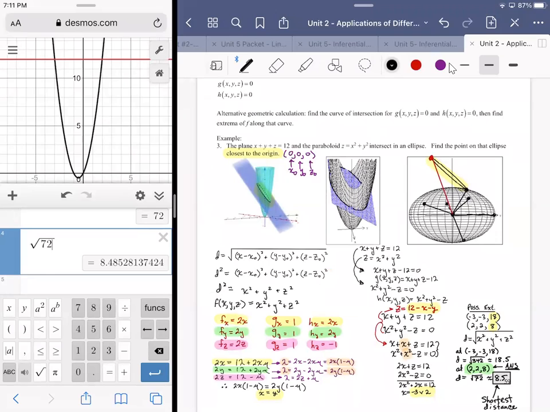The cheese. All right, so stop that recording, and we're